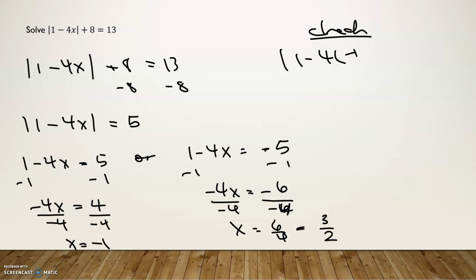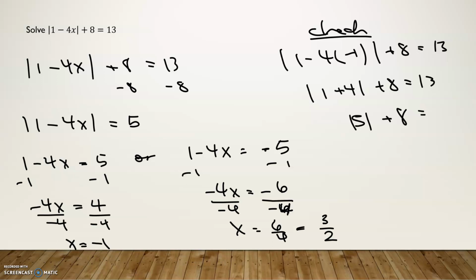So if we go back and check them, so we'll check negative 1, absolute value of 1 minus 4 times negative 1 plus 8 is equal to 13. Well, that's going to be 1 plus 4. So this will be the absolute value of 5. So absolute value 5 is